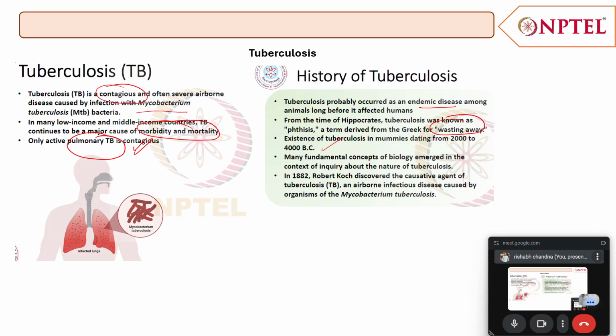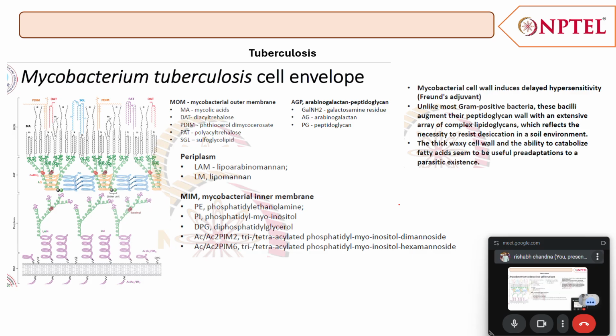Then, many concepts arose in biology about the nature of tuberculosis. In 1882, Robert Koch discovered the causative agent of this airborne infection, Mycobacterium tuberculosis. It has a cell envelope. So, talking about Mycobacterium tuberculosis again, it has a